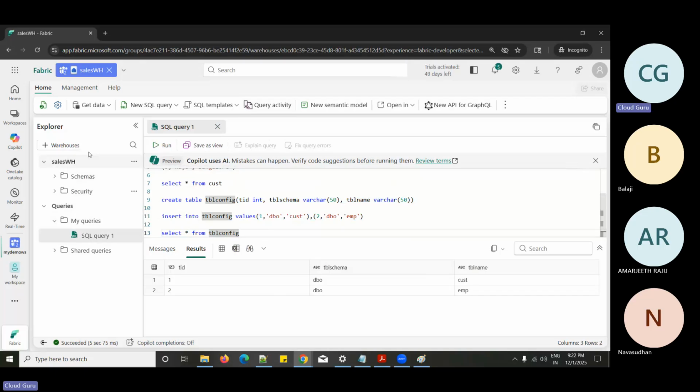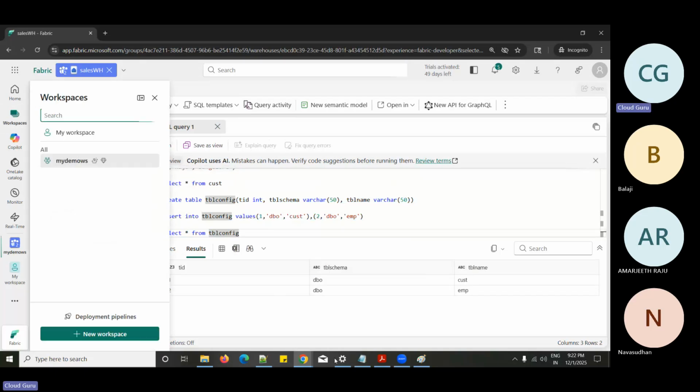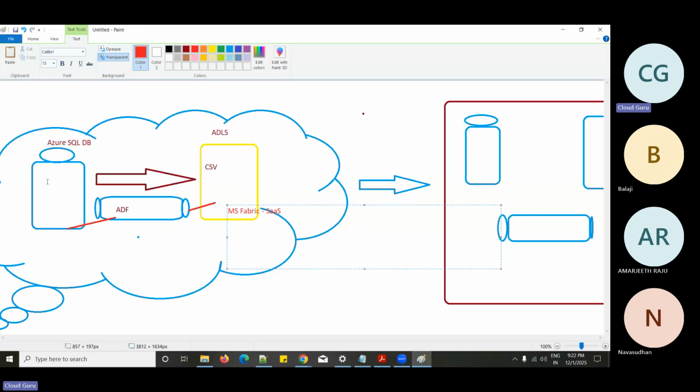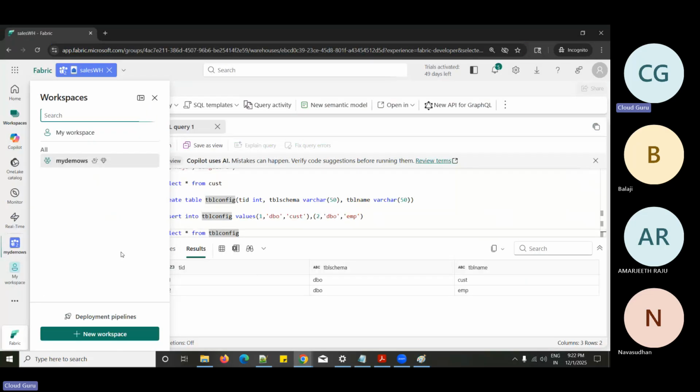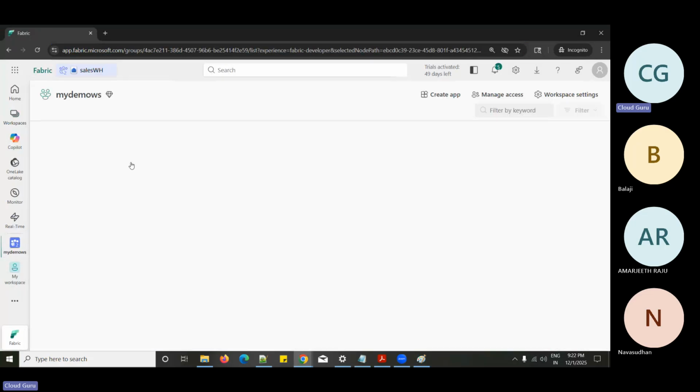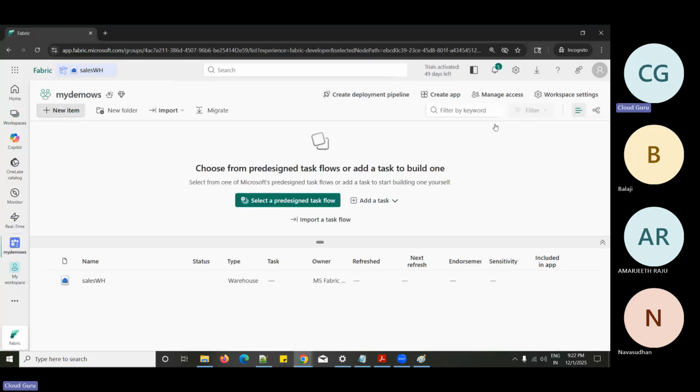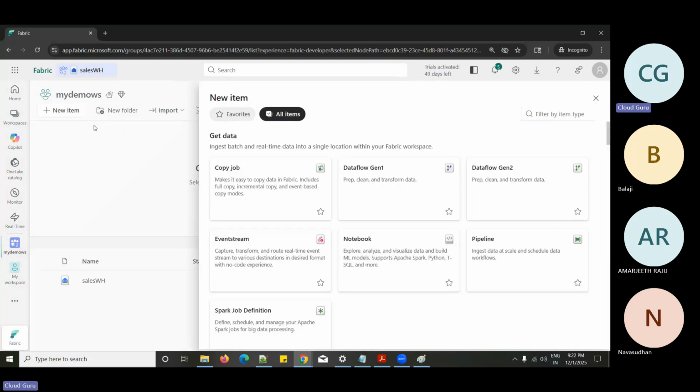Okay, variables is ready. So that means this one is ready in the Fabric. Instead of the Fabric, your database related things are ready. This is the one we are going to use as our source. Next, new item. I'm going to create